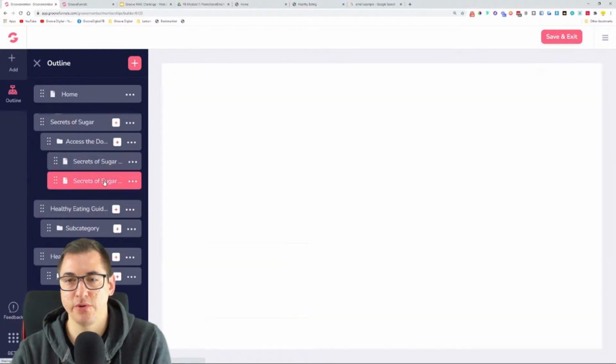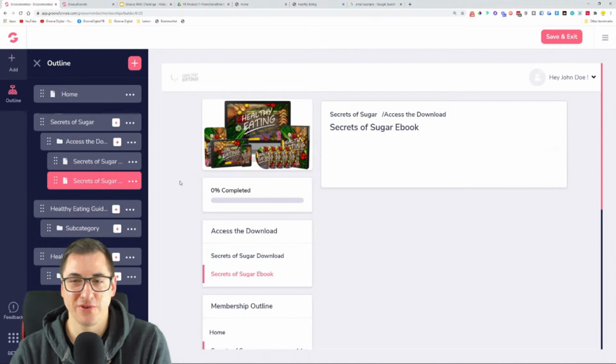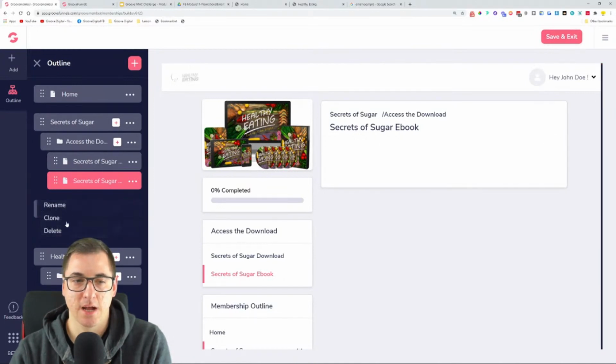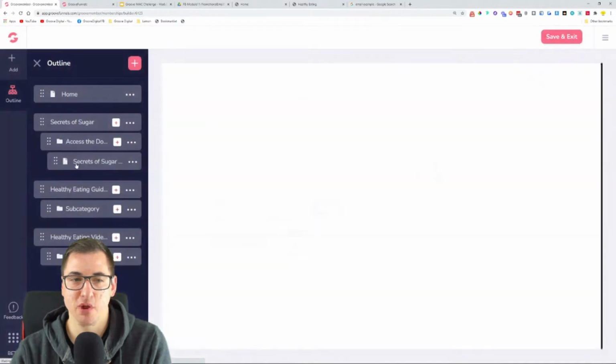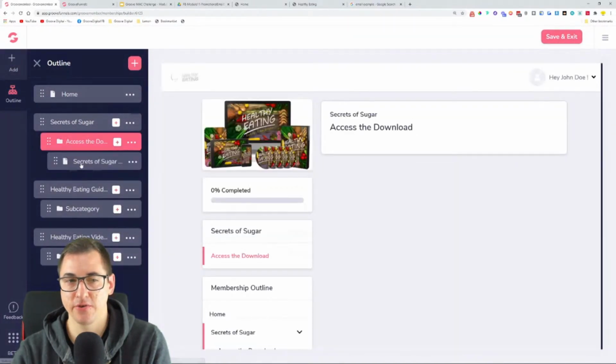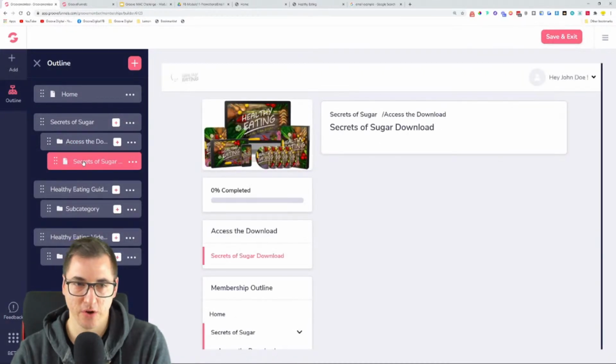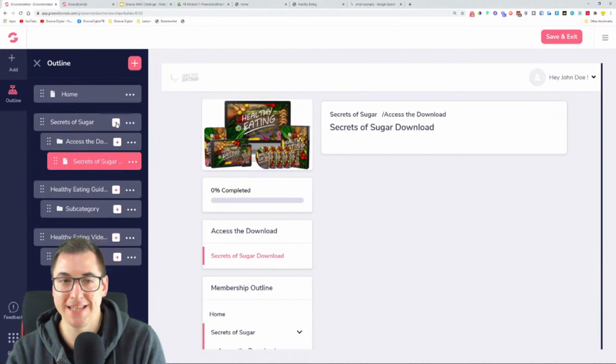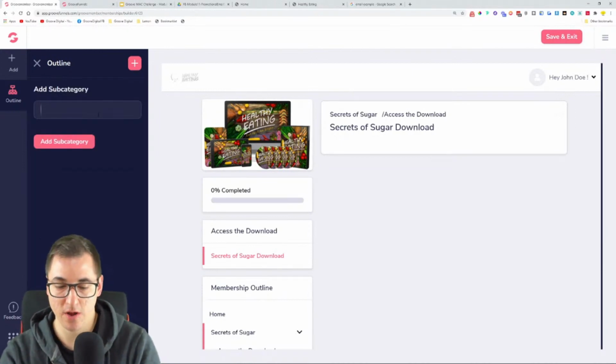Now we have 2 secrets of sugar download or secrets of sugar ebook. What I can do is now I can delete this one because we already have a post over here. So if somebody clicks over here, this is what will open, the secrets of sugar download. Great. I want to also add on another category into this secrets of sugar, and we will also say